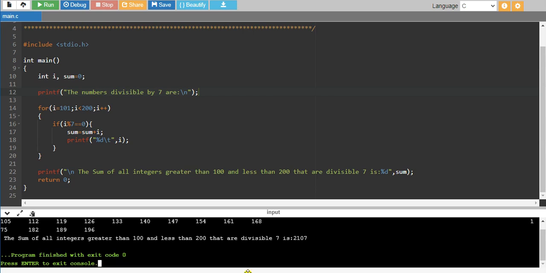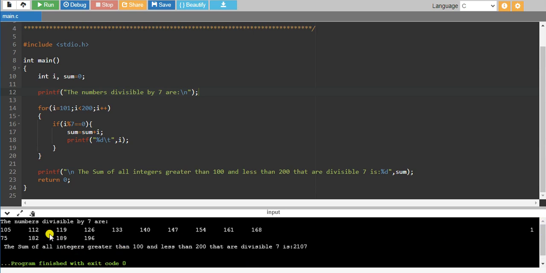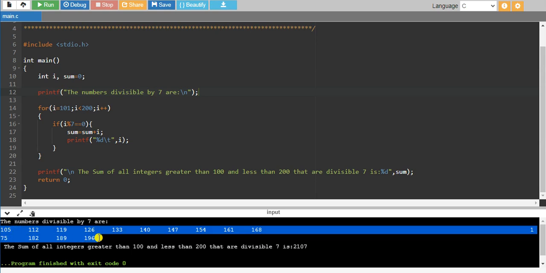Yes, that's great, we are getting the output here. What is the output? The numbers divisible by 7 are 105, 112, 119, 126 and so on. All these numbers are divisible by 7, the remainder will be 0 after dividing these numbers by 7.